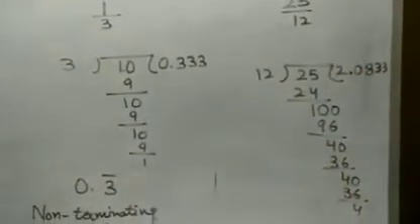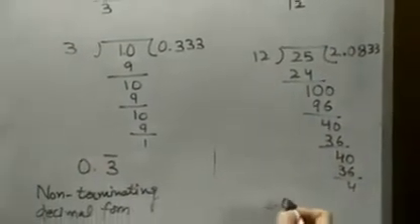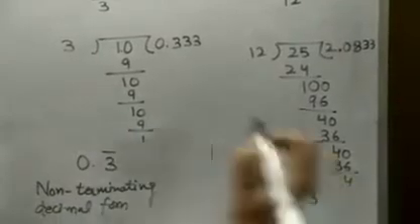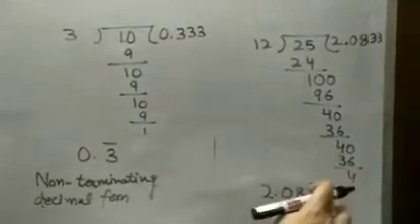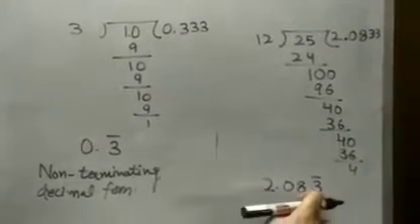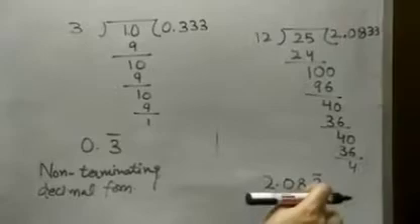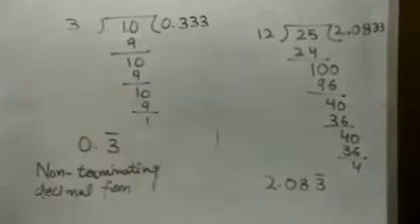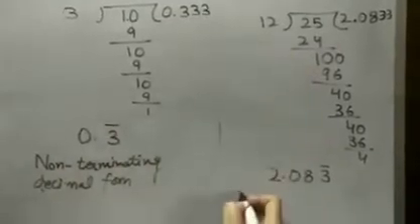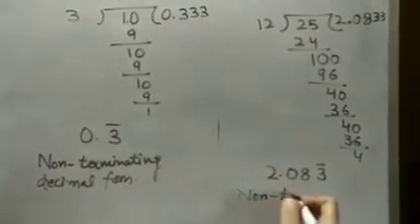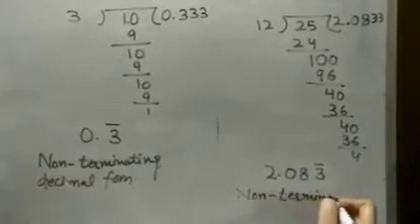Now what we observe? This digit 3 in the decimal part starts repeating. So we are going to place this bar over 3. This bar over 3 represents that in the decimal part only this 3 keeps on repeating. The decimal will not become 0. Therefore it has also non-terminating decimal form.